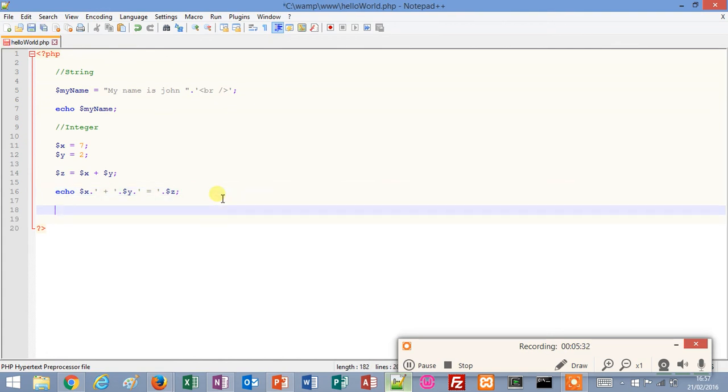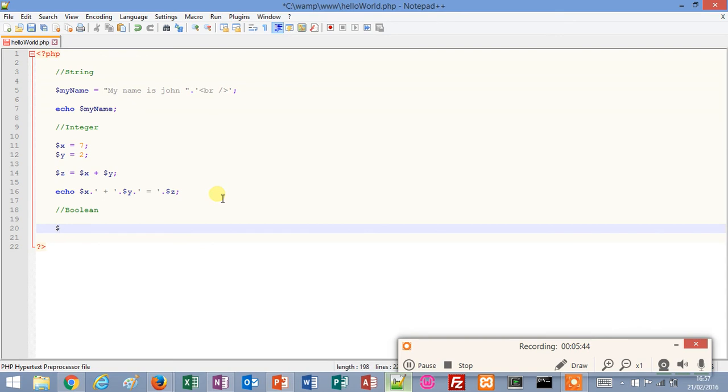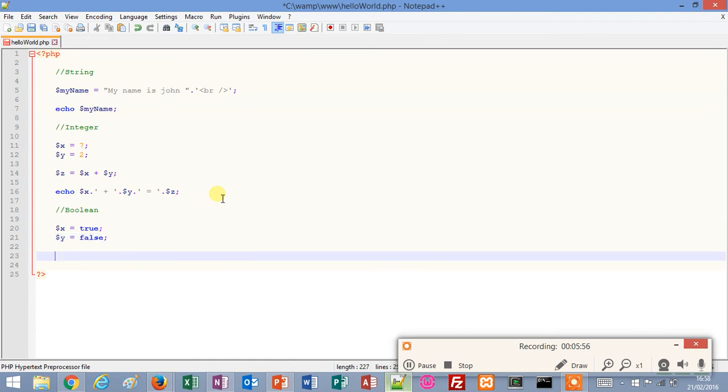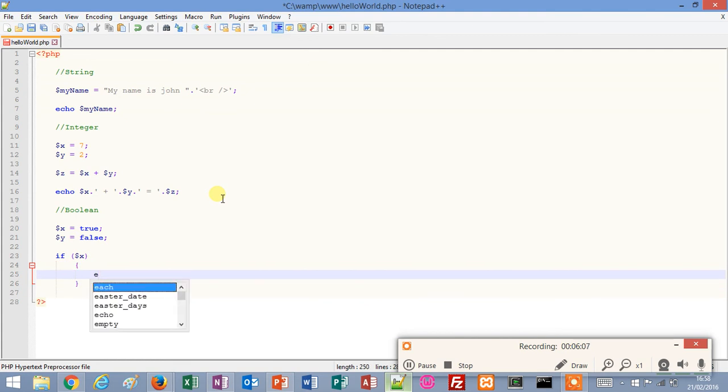So that's integers. Next thing we're going to look at is booleans. Now, a boolean has 2 values, true or false. So we can say that variable x is equal to true, and we can say that variable y is equal to false. This is an example, and we can create a simple if statement that says if x, in other words, if x is true, we can say echo, just put a string in here, x is true,